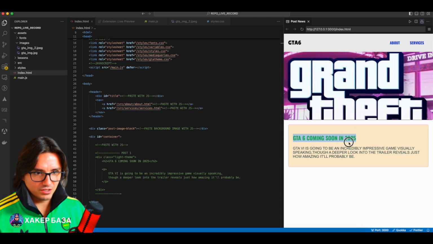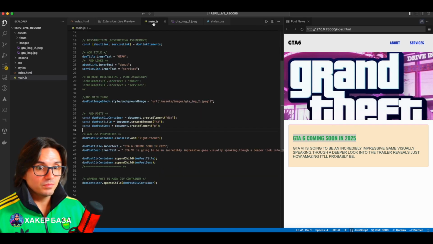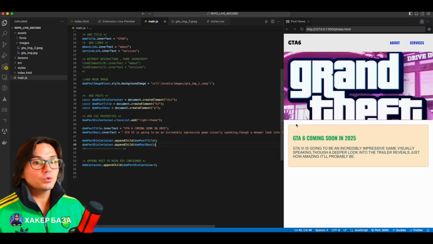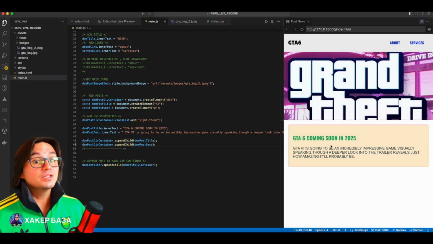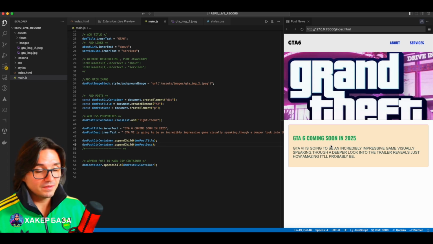Look, we've generated such a beautiful post, a complete post. And now we need to remember, I told you that eventually how applications work, whether it's iOS, Android, or web applications. All the information is stored on the server and we make an HTTP request. The HTTP request sends us a response and this response contains all the information. We then render this information on the UI, on the front end. So let's simulate a situation as if we received a response from the server and we need to render a